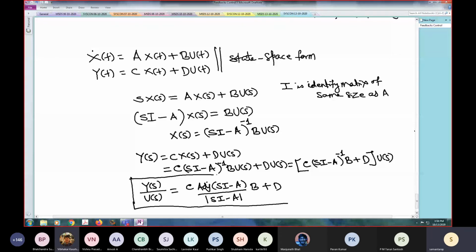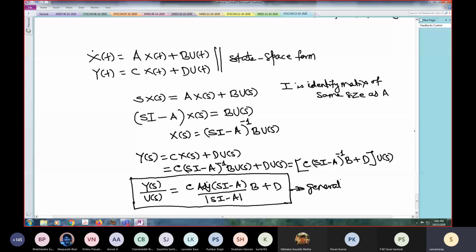So this is only for single input, single output, right? No, this is for general. Then how can we divide y by u? Y is a vector, so that will be a matrix relation. Not really divided. It's a matrix relation. Yes, sir, it is a transfer function matrix.